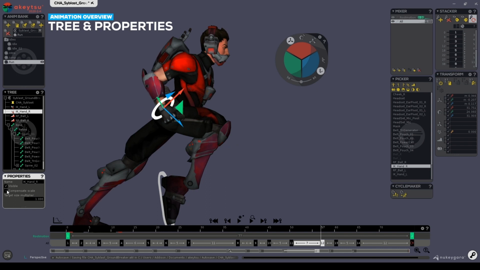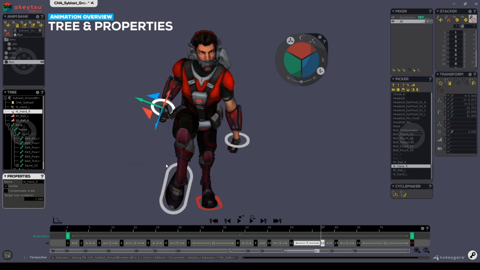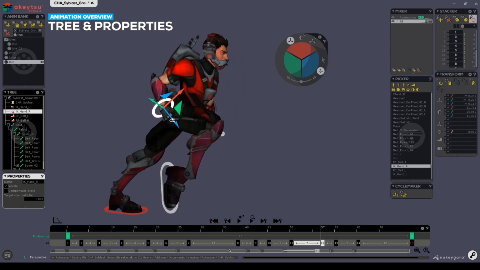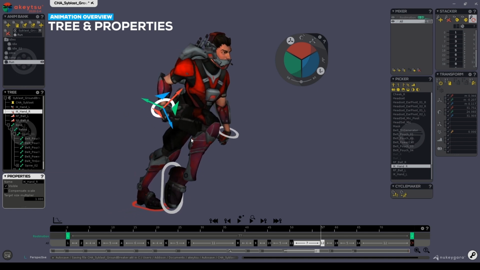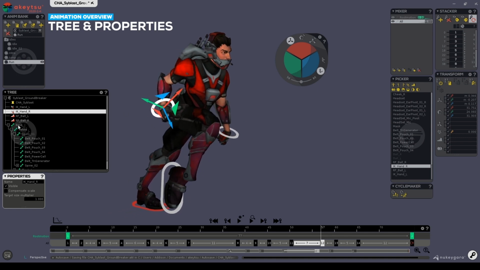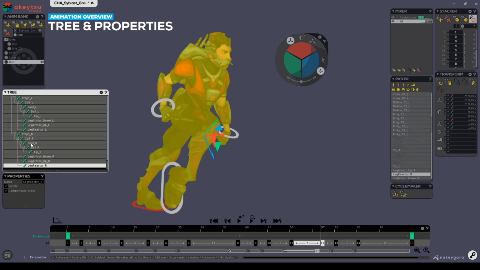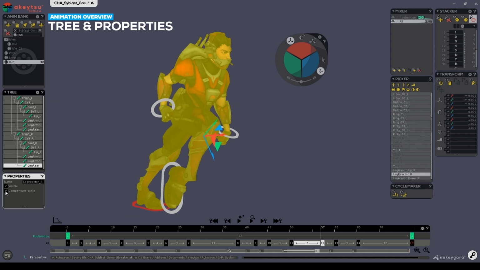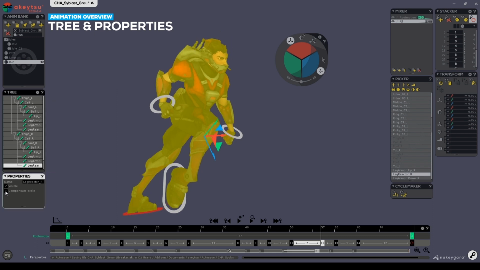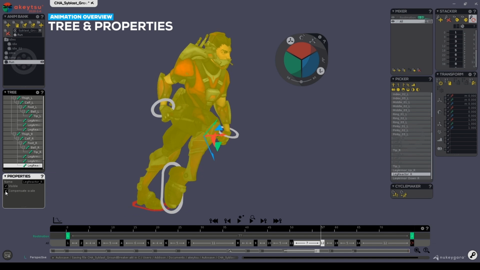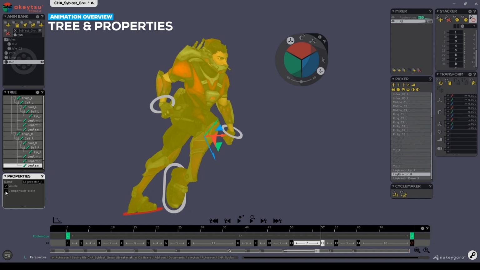Compensate scale mode is a great option, but beware, it's not supported in many game packages such as Unity, so use it wisely. To disable compensate scale on every single controller, simply highlight your first root controller in your character, right-click, and say Select Hierarchy. By checking or unchecking this, you'll notice that we can turn it on or off, and you can see that